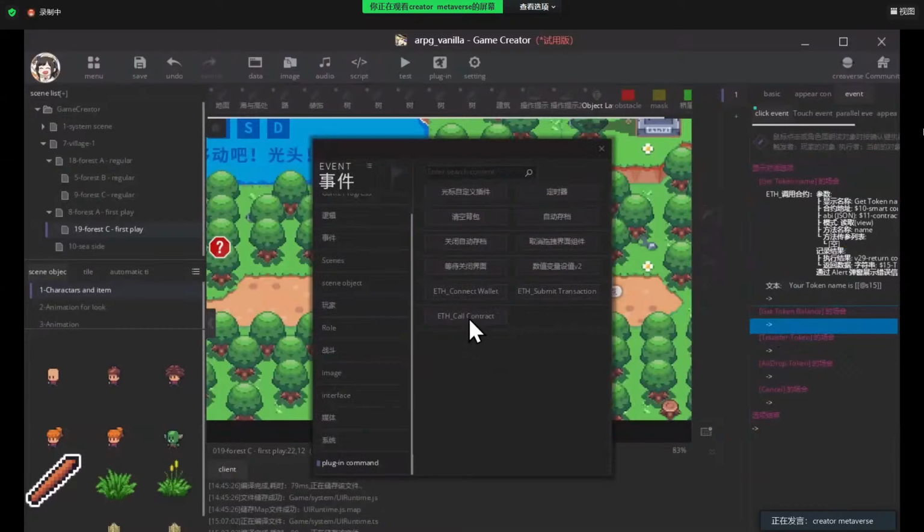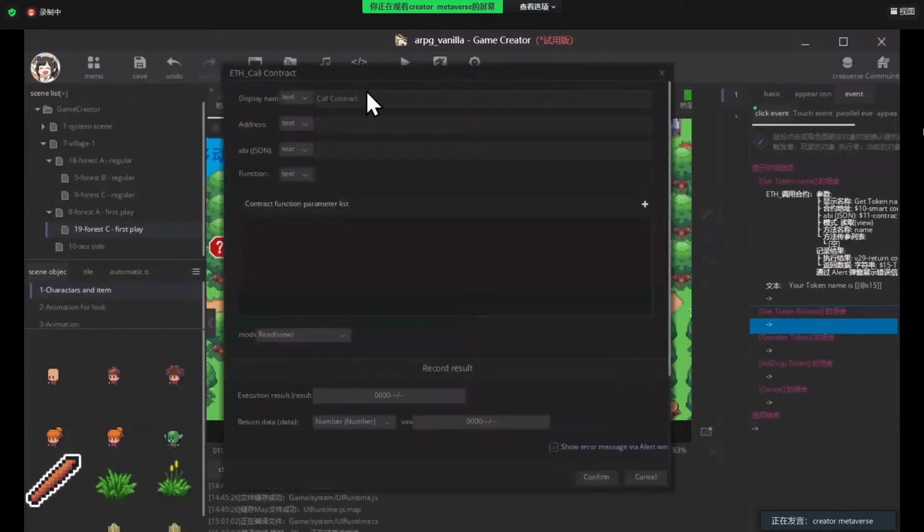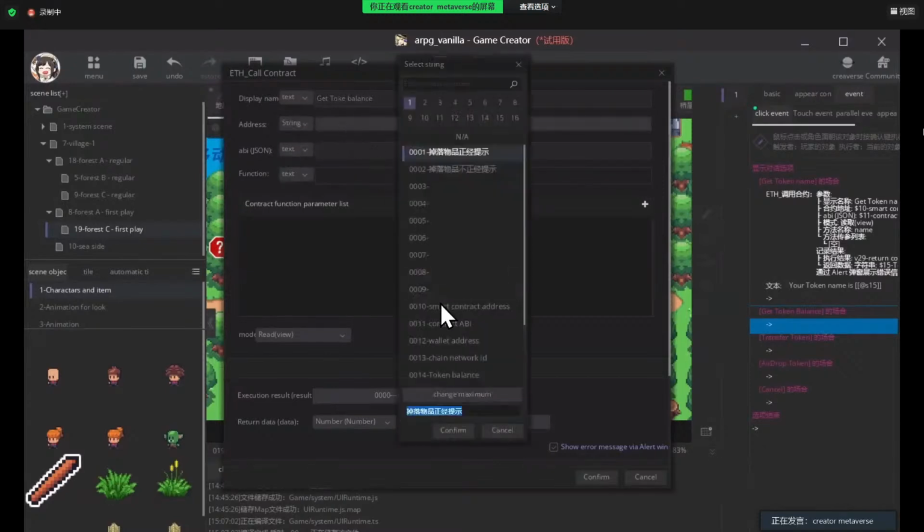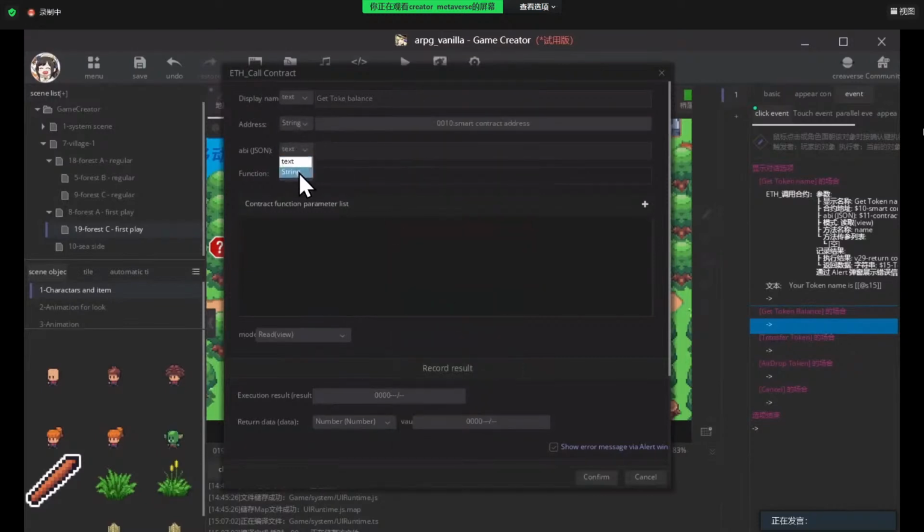Double click here, plugin, ETH call contract, get token balance. Smart contract address, ABI, function balance of, which is also defined by your smart contract, and the parameter is your wallet address.